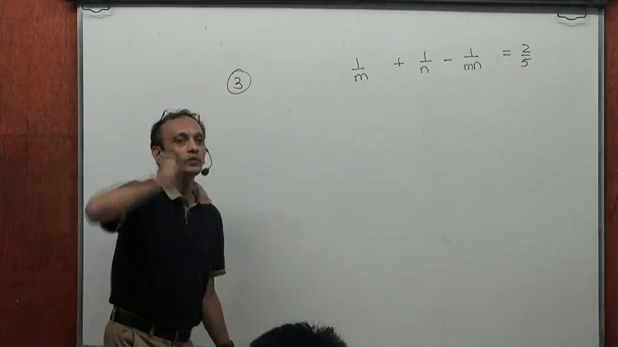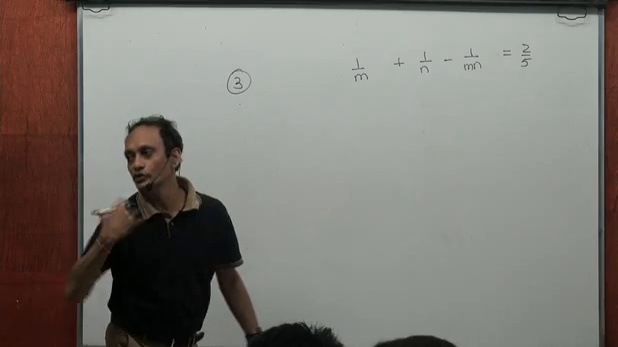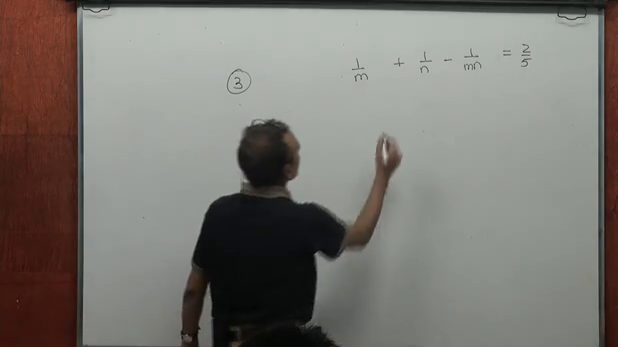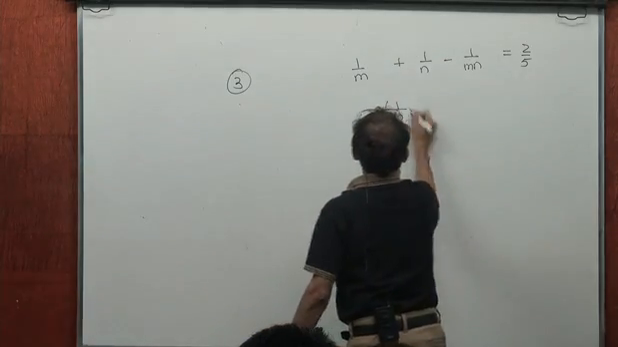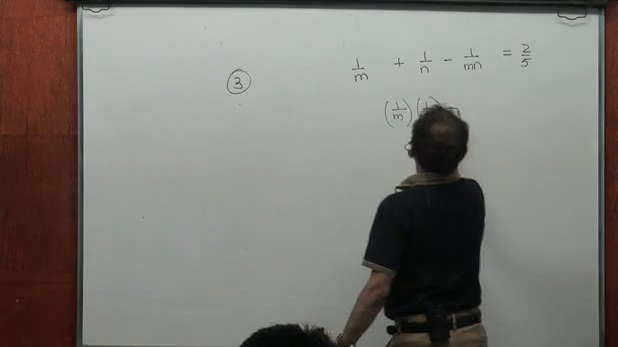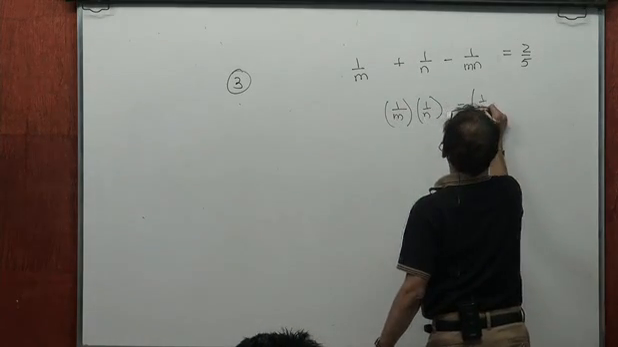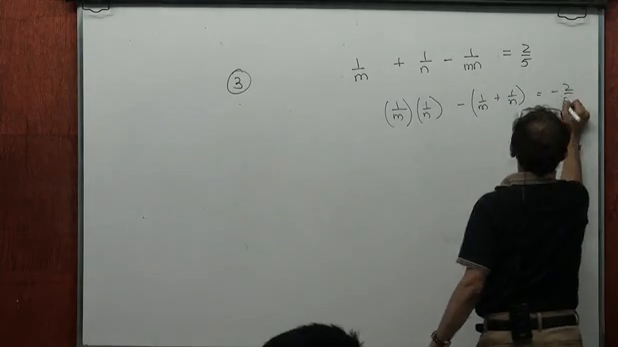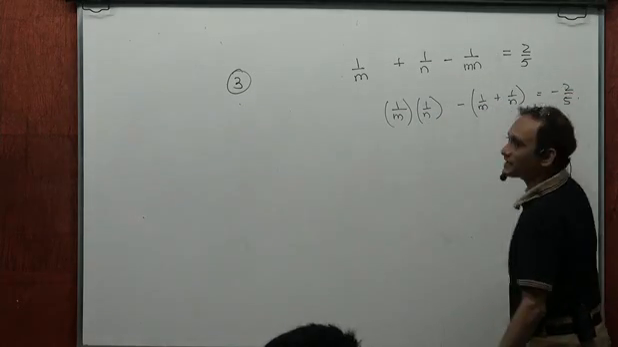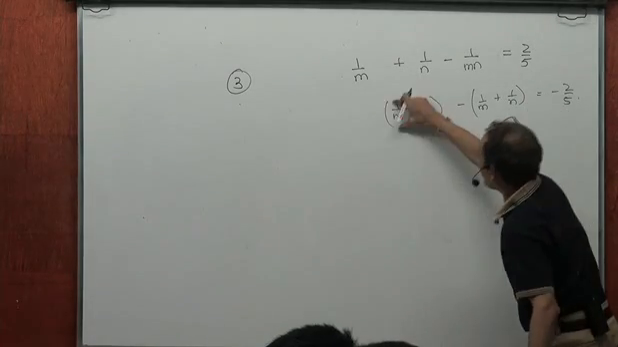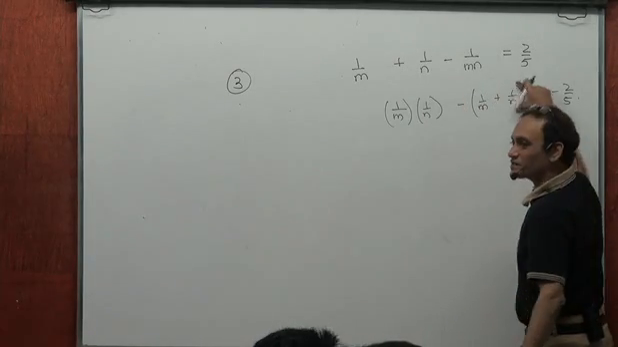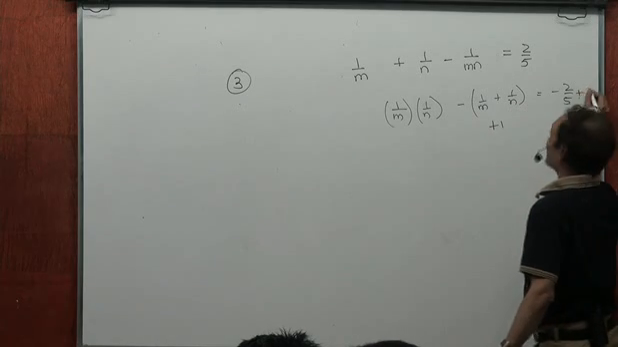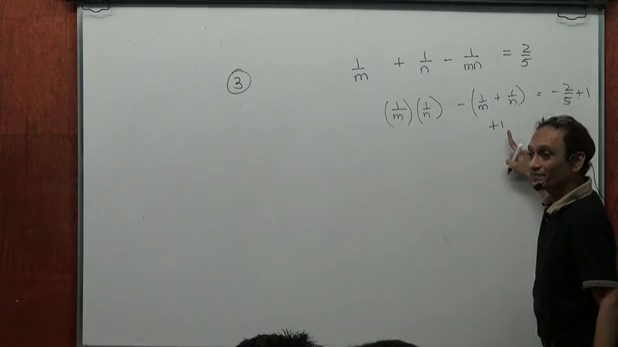What I do is I reduce it to a known template first. In the sense, 1 by m into 1 by n minus 1 by m plus 1 by n equal to minus 2 by 5, isn't it? See, it's like xy minus x plus y. Xy minus x plus y. So I add 1 so that this will become